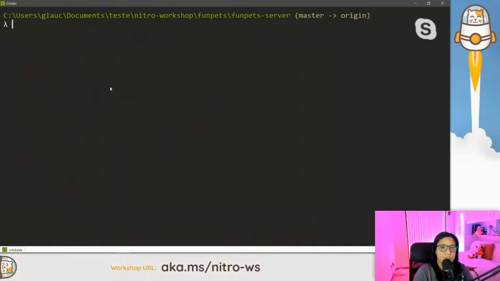So let's create a new resource group. What is a resource group? I really like to say that a resource group looks like a huge box, because inside the Azure portal, we have a lot of Azure services. Until 2 weeks ago, we had around 600 services in Azure. So for example, you have